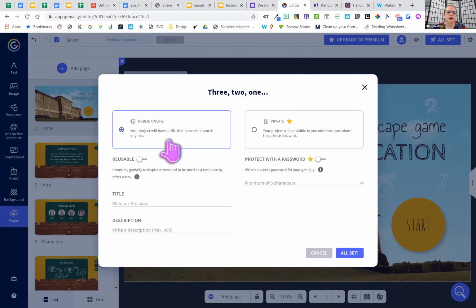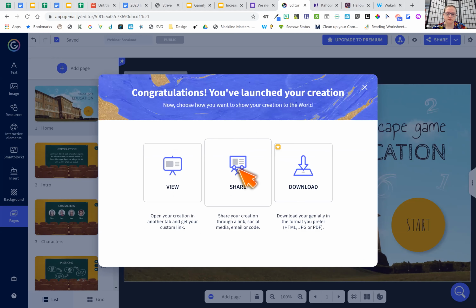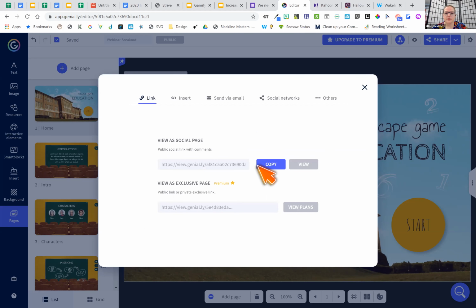But this public online option, I haven't had any issues with it. You're making it public, but really you're giving the link to your students so that they can look for it. And then you have the title and all that. So I'm just choosing this link so that my students are able to click on it easily, choosing all set. And then right here in the middle, I'm going to choose to share it. And I'm copying this link to give you today.